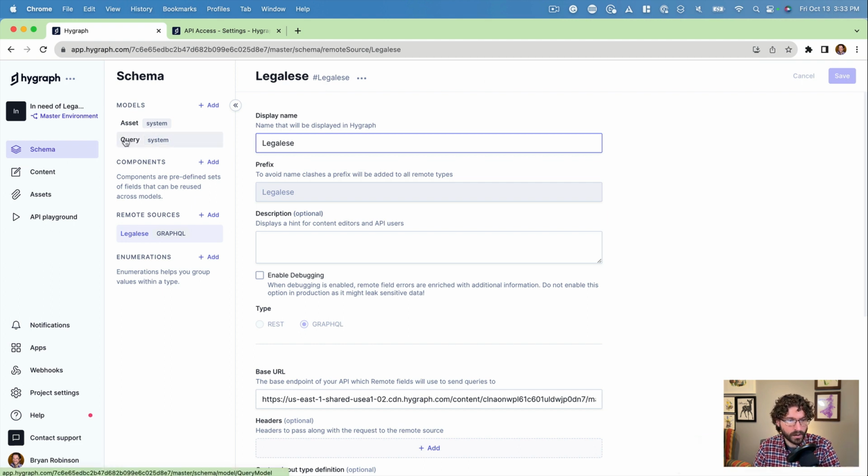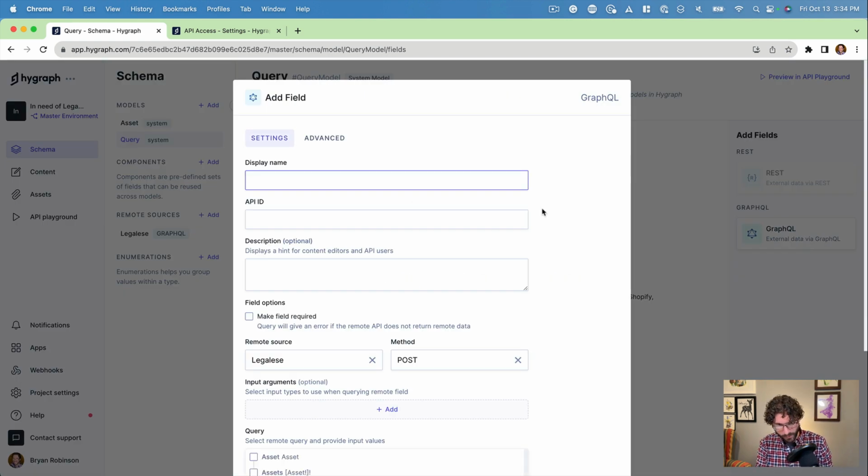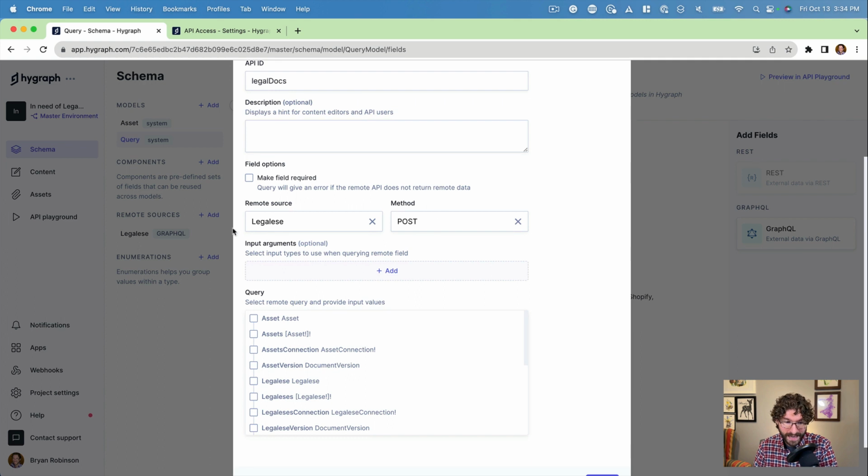Now we're going to go to our query model and add a top-level remote source field. You can see here, we don't have any fields here yet. We're going to add a GraphQL field here. We'll call this one legal docs. And then we're just going to keep this as it stands, the remote source and the method of post. And then we're going to select the documents that we want to come in when this is queried. In this case, we want all of the legalese,